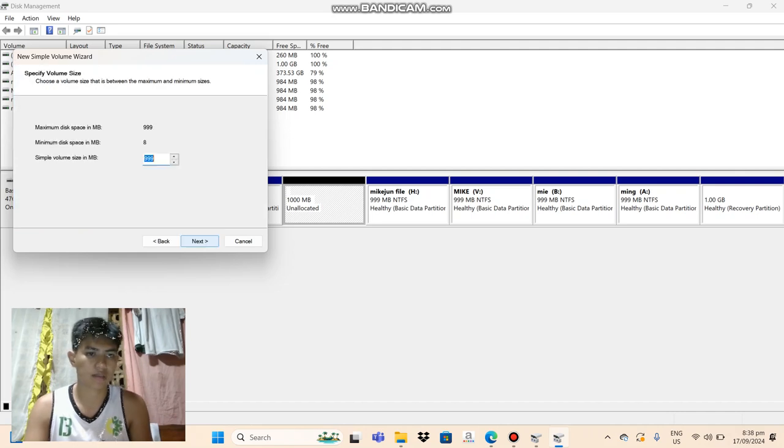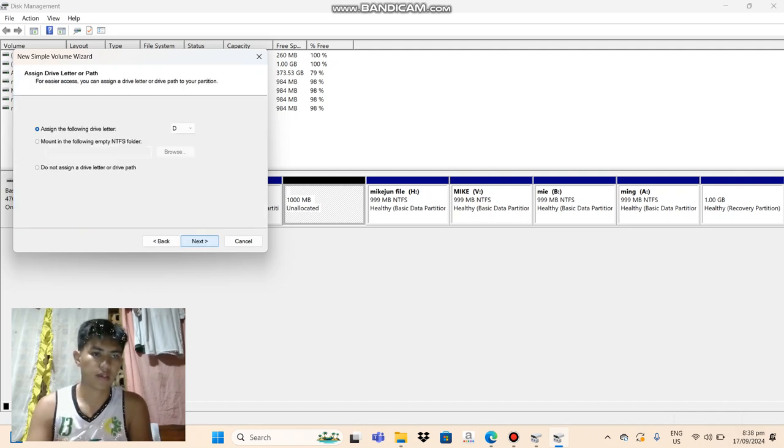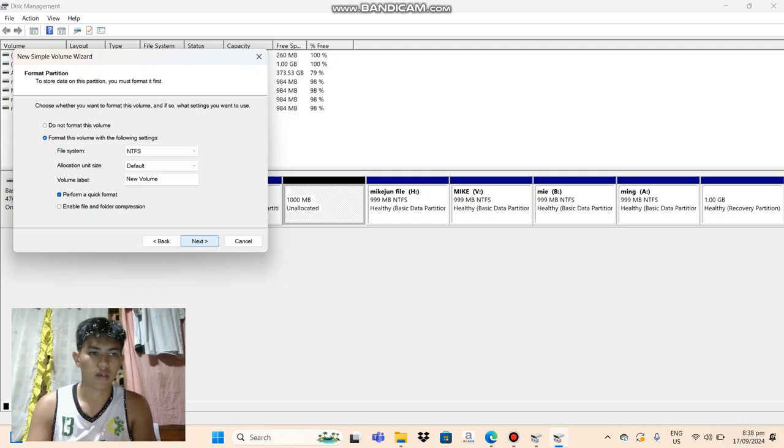Then just click next, and here you can choose which drive letter you prefer to be put in the file manager. Right now we're going to pick letter Z. After you decide what letter you would pick, just click next.